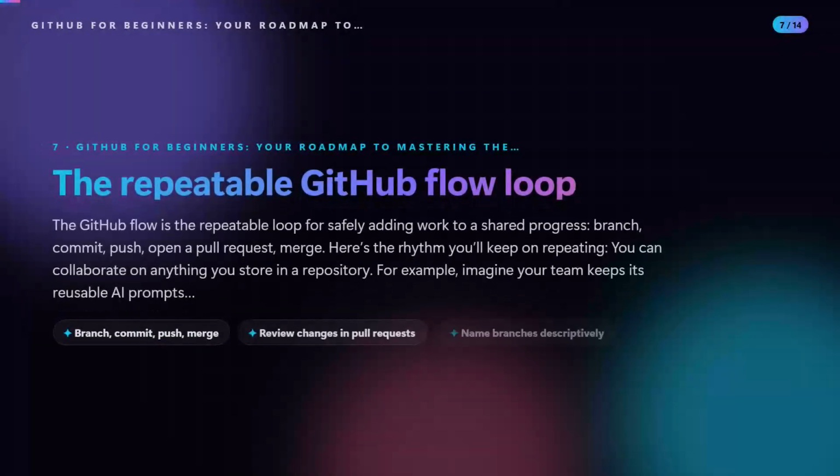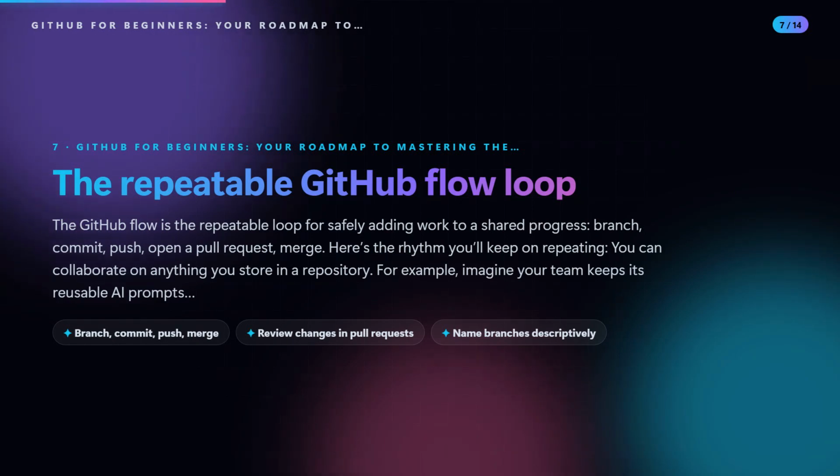The GitHub flow is the repeatable loop for safely adding work to a shared project: branch, commit, push, open a pull request, merge. You can collaborate on anything you store in a repository. For example, imagine a team keeps its reusable AI prompts in a shared repo. You rework a prompt to improve the output, make that change on a branch, open a pull request, and a